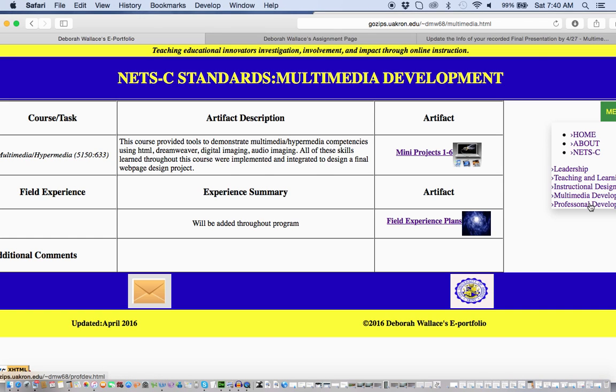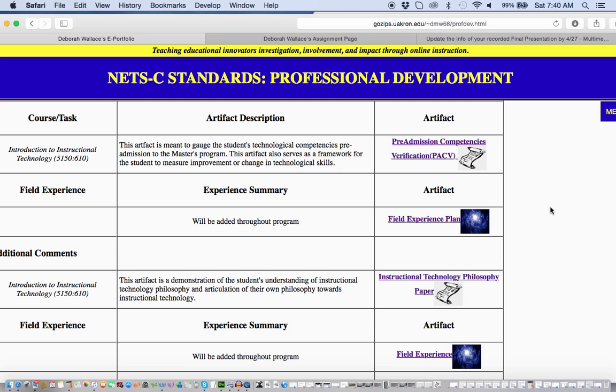And so we're going to go down to the professional development. The professional development standard, I have a couple of artifacts here. The course that I took that produced these artifacts was the introduction to instructional technology, actually for both artifacts. So there was the pre-admission competencies verification, which served as really a measuring stick for students